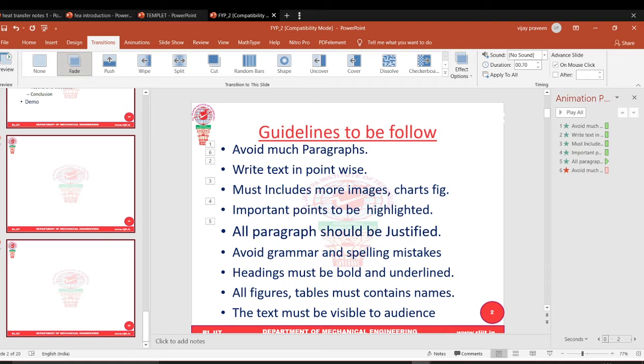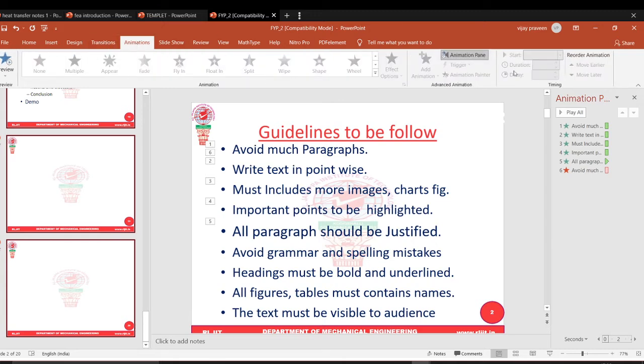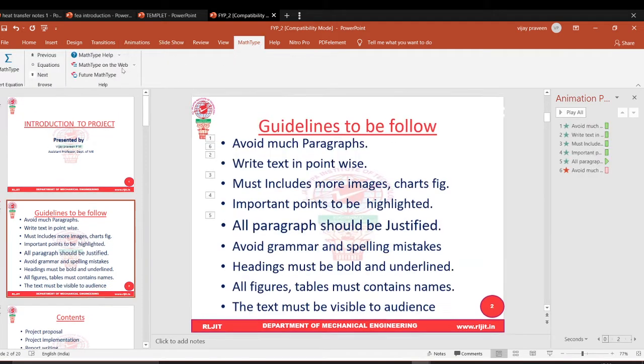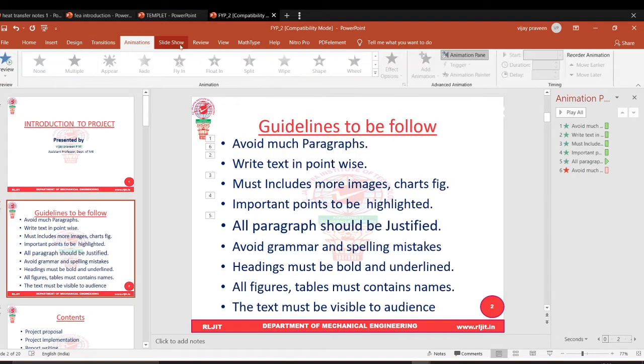If you are preparing a beautiful PPT, then you can give animation one by one, but it will take a lot of time. So that is what we call animation, and we can give different types of transitions and different types of animation. So transition over, animation over.